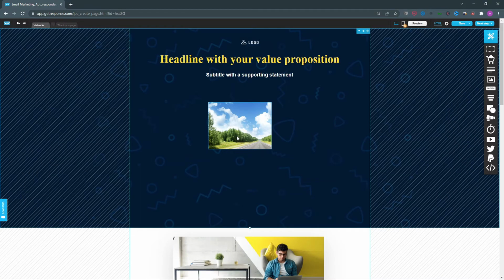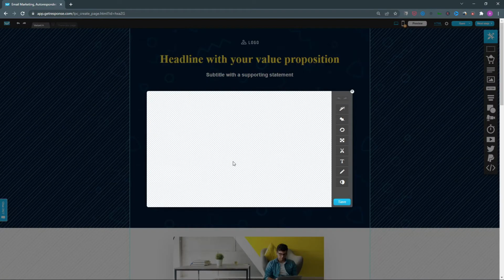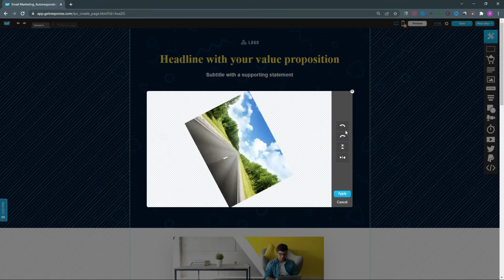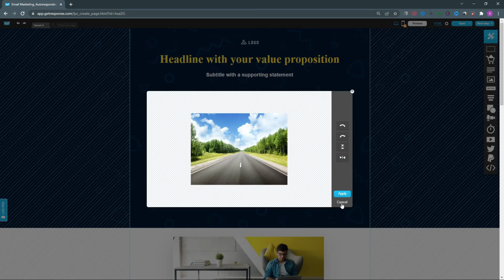After adding our image, we have many options to edit the image in Getresponse. To access the image editor, choose the image and click Edit. From here, we can add different effects to the image, add different stickers, rotate the image or flip it horizontally or vertically, resize the image to custom dimensions by entering the width and height values here, crop the image to a specific ratio, add text to the image, use the draw tool on the image,